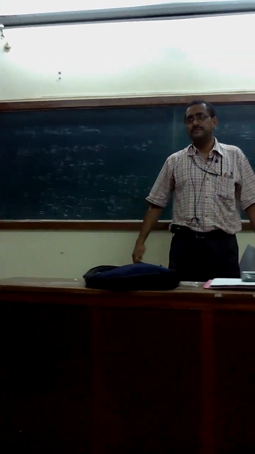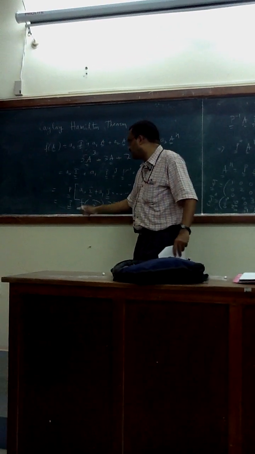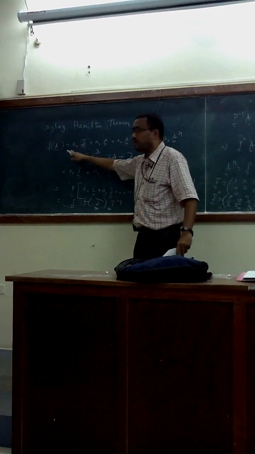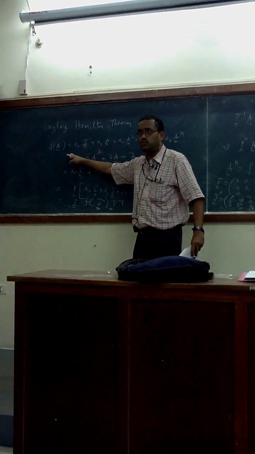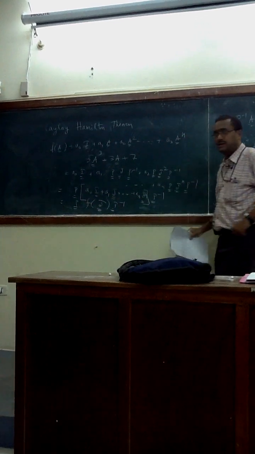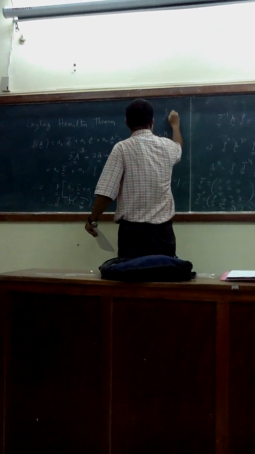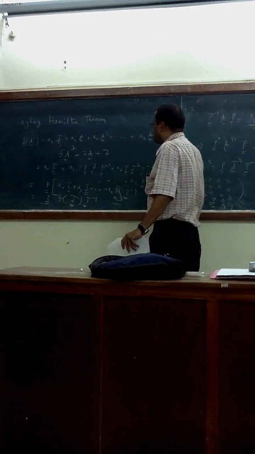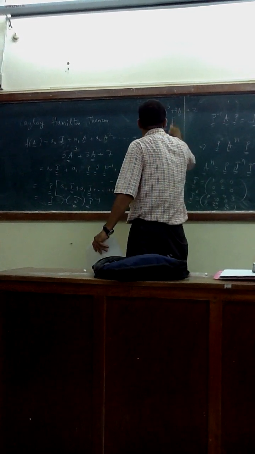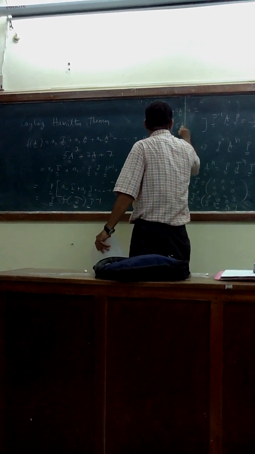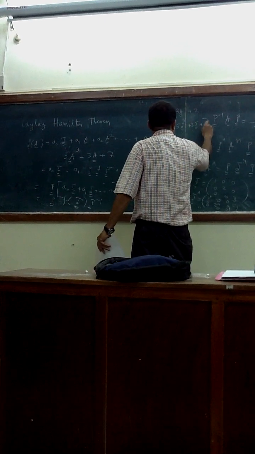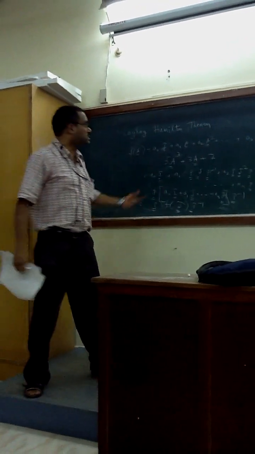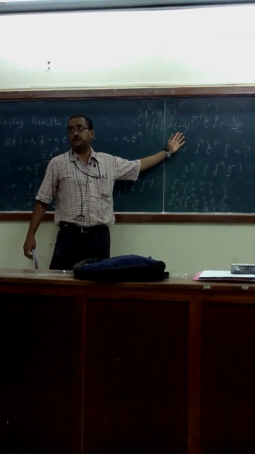Beautiful. f of A is nothing but P times f of J times P inverse. What is your polynomial? 5A square plus 3A plus 2. What will you get finally? If you have 5A square plus 3A plus 2, you should get P times (5 J square plus 3 J plus 2) times P inverse. Excellent, magic. So you can see how powerful this J matrix and P are.